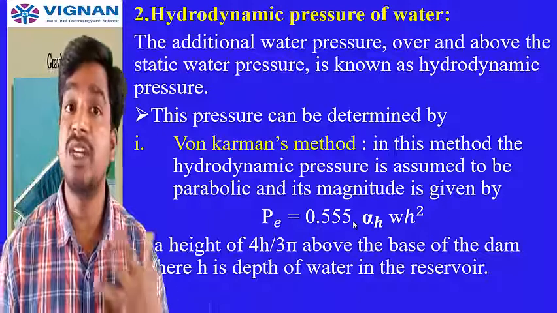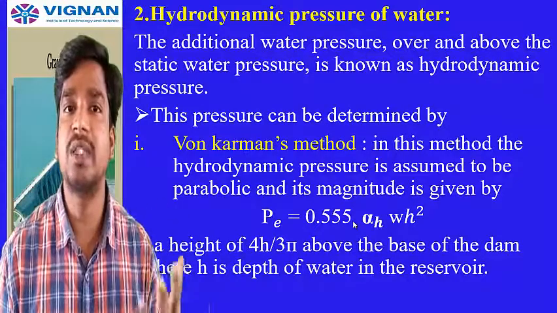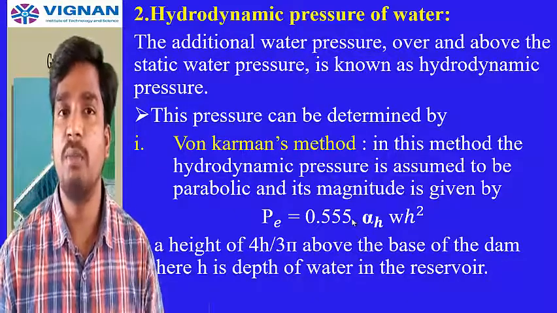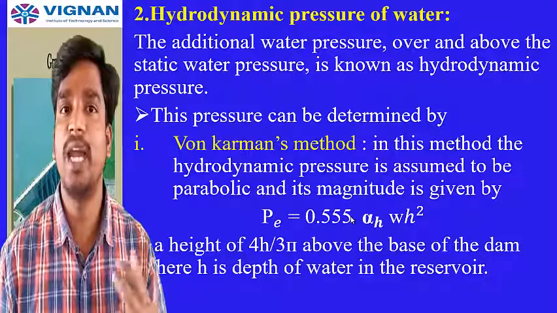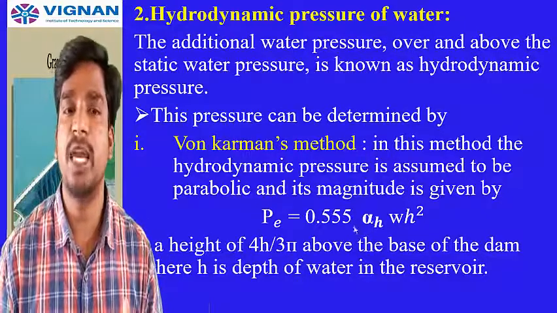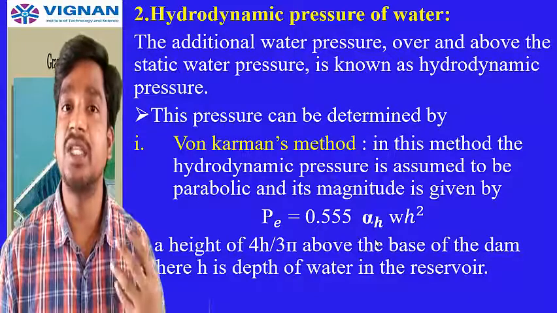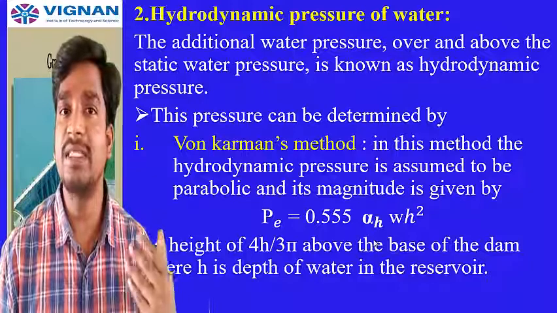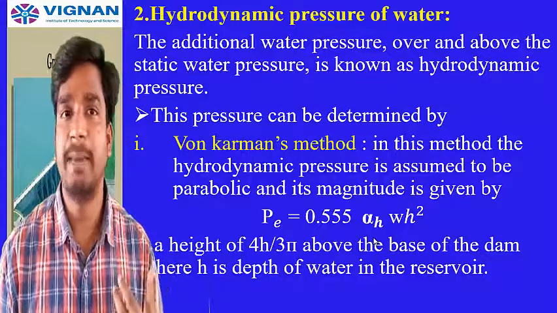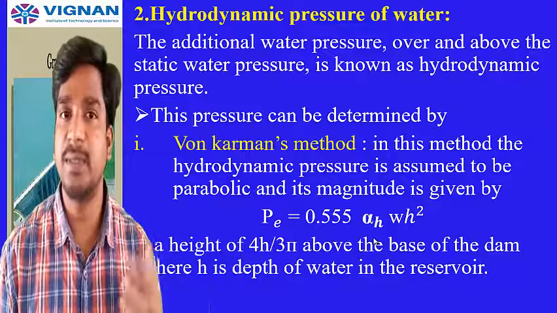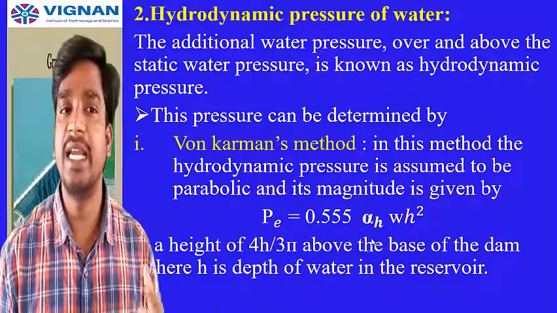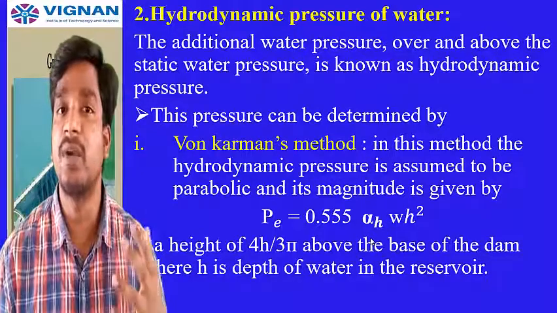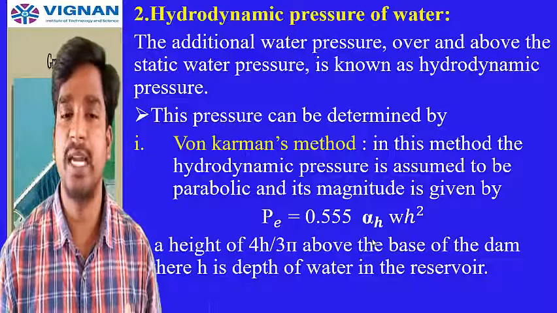Now, that is about the inertia force induced due to horizontal earthquake acceleration. This horizontal earthquake acceleration will also create one more force, that is hydrodynamic pressure of water. So what is this hydrodynamic pressure? This is an additional pressure. When the water is at rest in the reservoir, it continuously exerts some pressure on the dam. Whenever there are disturbances or waves coming, that will create some hydrodynamic pressure. This additional pressure is called hydrodynamic pressure.